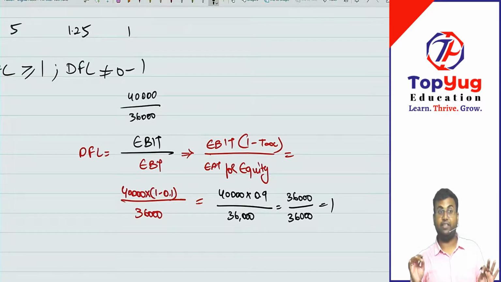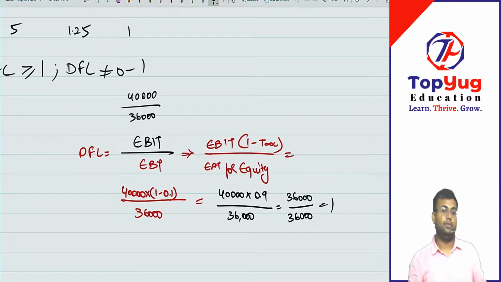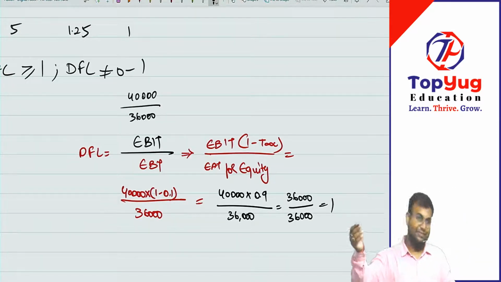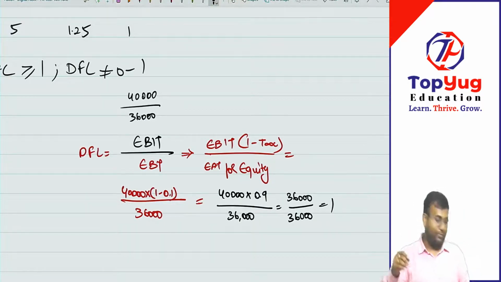No, whenever there is a tax, this exercise is to neutralize tax. If suppose the tax rate is 0, whether you do 1 minus tax or not, it will be the same. 1 minus 0 is always 1. So your EBIT will remain the same EBIT. That's why you implement the formula.